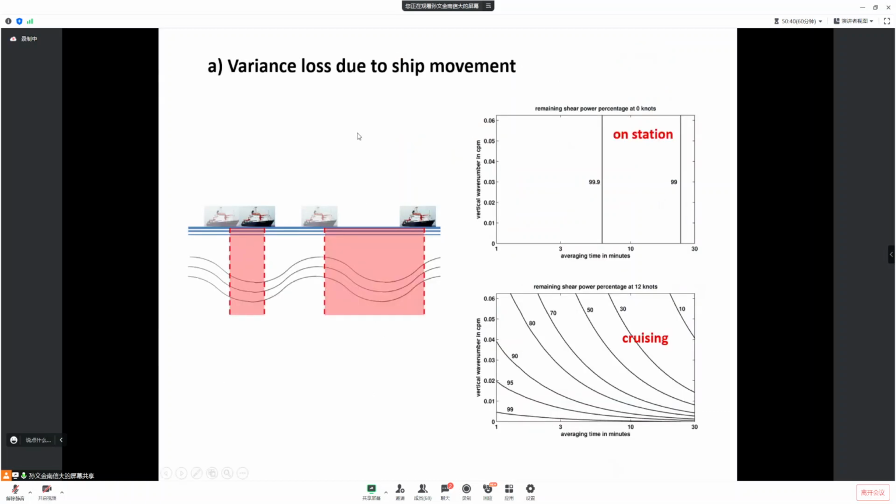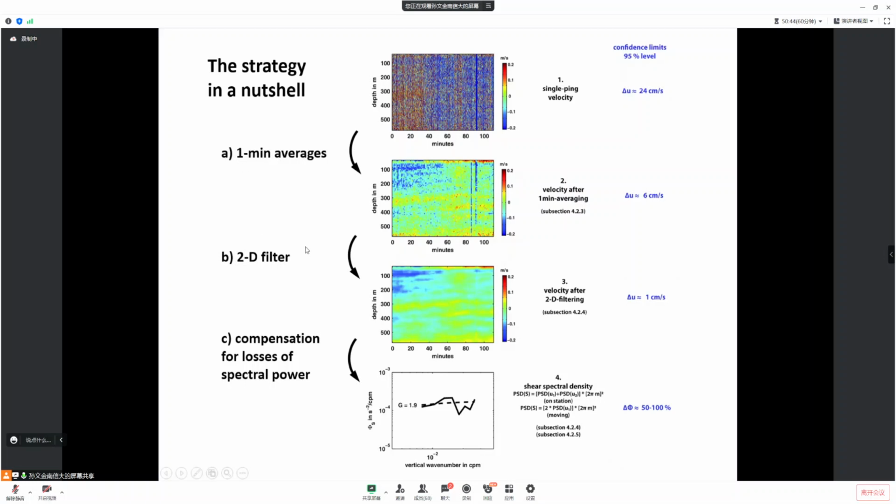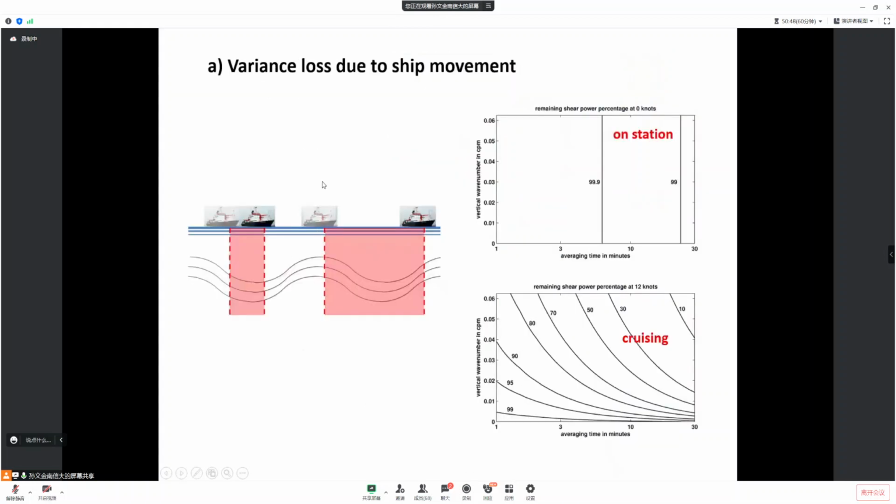Okay, we go through these 3 steps a little more intensely, let's say. So the variance loss due to the ship movement. When you look at the left panel, you see that the less you average during your cruising, the less variance you will lose, of course, in the horizontal, or in the vertical. So the vertical shear energy itself is affected by this